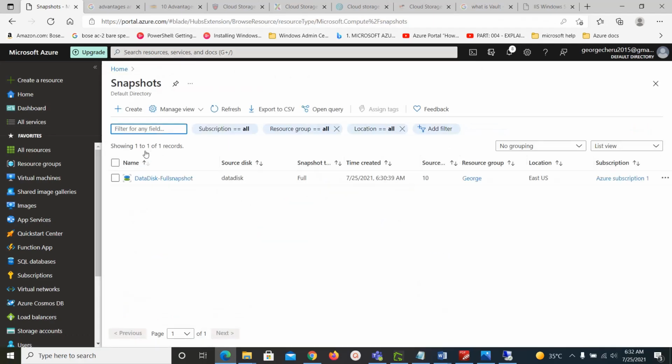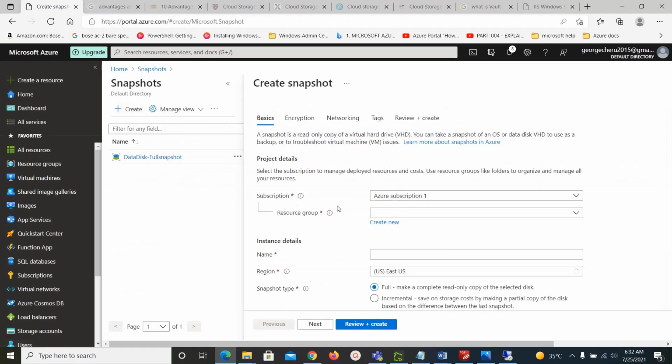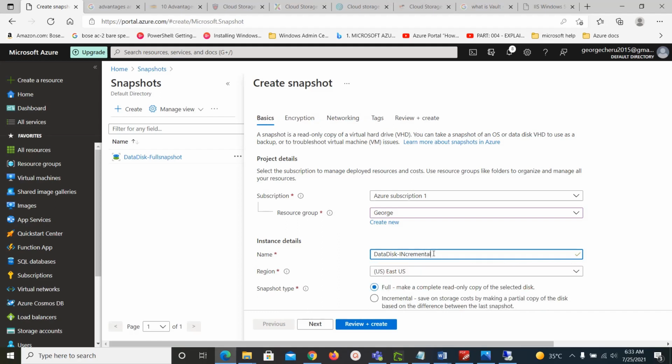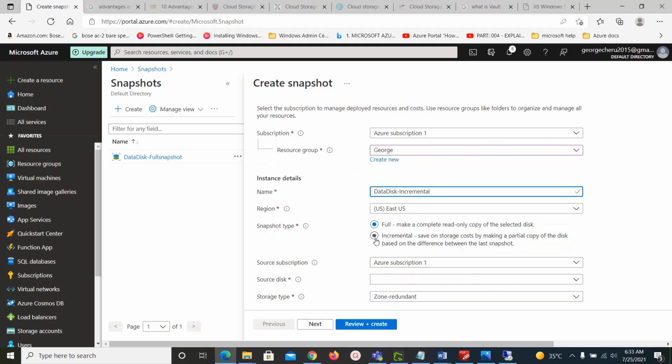Again, go to snapshot, create, select the resource group, name it as data disk, and select the option incremental,